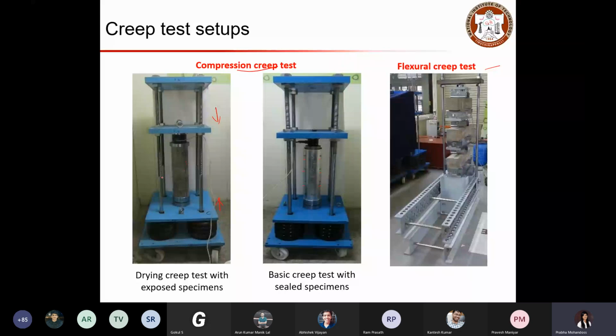And in this case, you can place LVDTs, or crack mouth opening displacement sensors, which could measure the crack that is forming under your element due to the flexural loading case. So when you have a flexural loading case, that is going to deflect and crack, so you can use either LVDT or a crack gauge, which helps you to measure the crack mouth opening displacement.